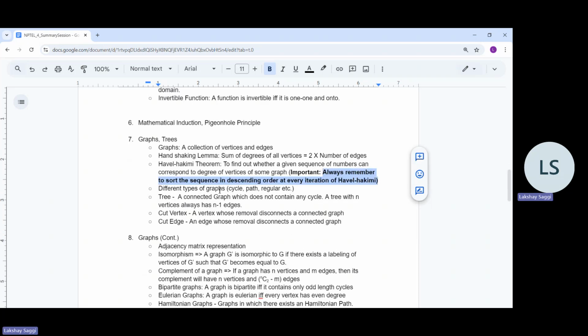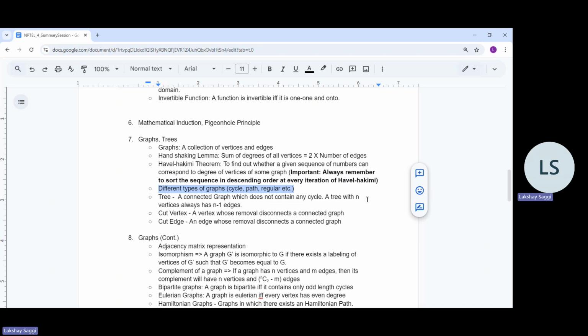And then we also discussed different types of graphs. There are cycle graphs, path graphs, regular graphs, and so on. There were different definitions, and I hope everyone is familiar with them. And then we discussed what trees are. A tree is a connected graph which does not contain any cycle, so basically an acyclic but connected graph is called a